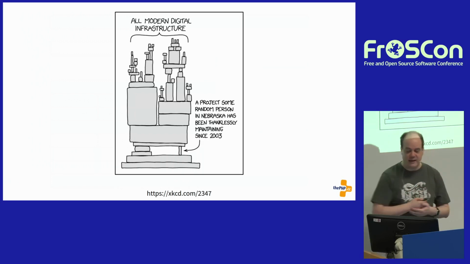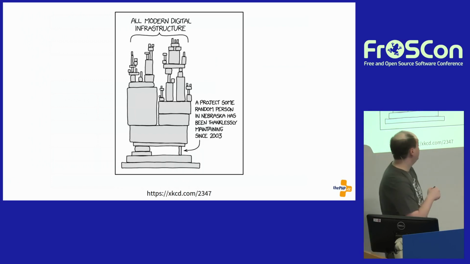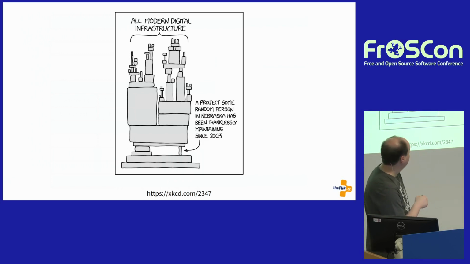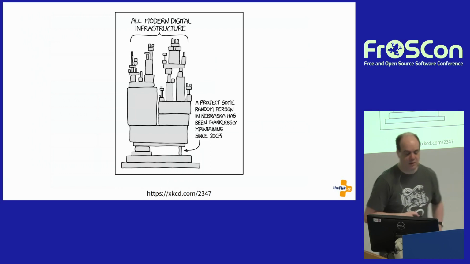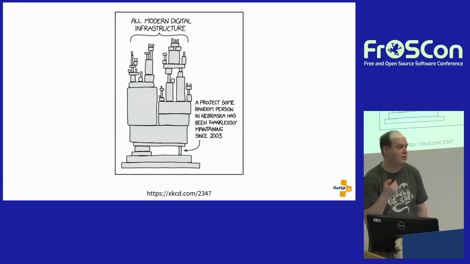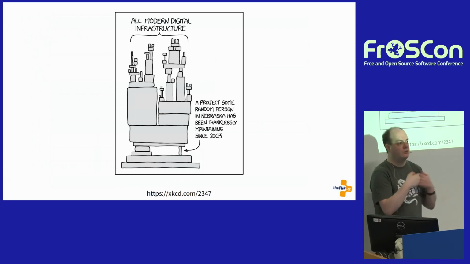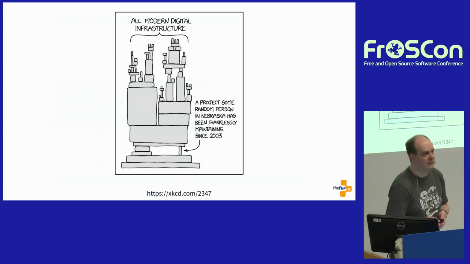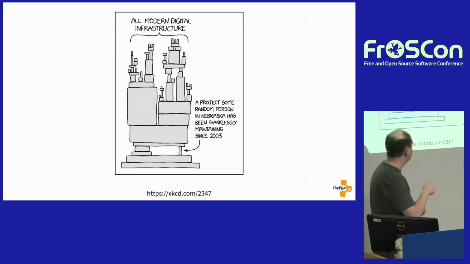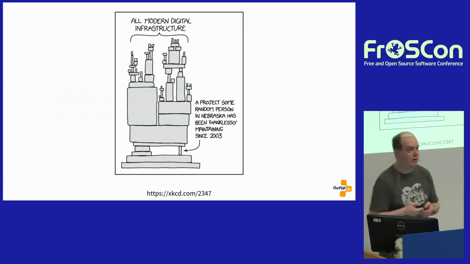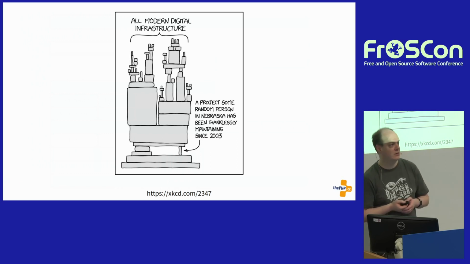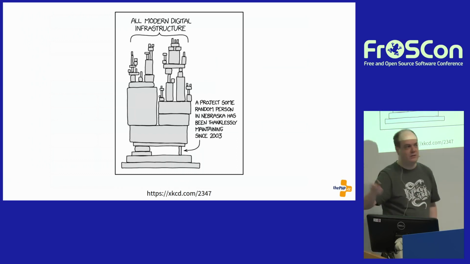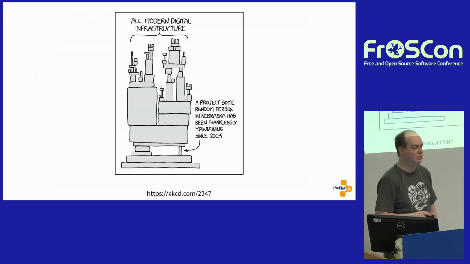Of course, it's an XKCD, and there is some random person, maybe in Nebraska, thanklessly maintaining this piece of code somewhere. Yeah, maybe this is the one person that more or less worked full-time on OpenSSL when Heartbleed happened. Maybe this is the person that for decades now works on the time zone database, which almost every piece of software uses to do things with time zones.